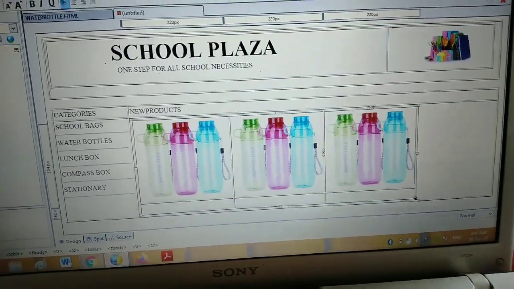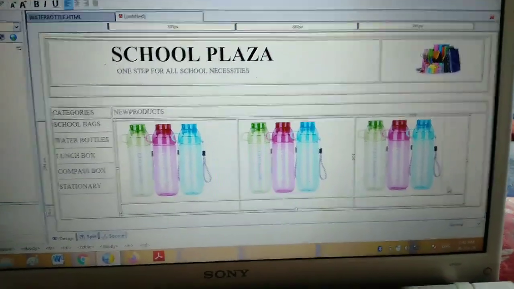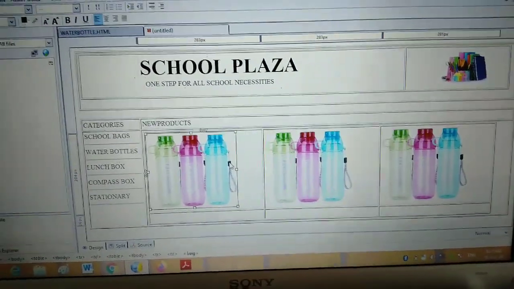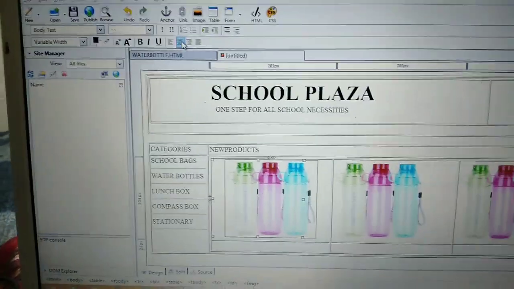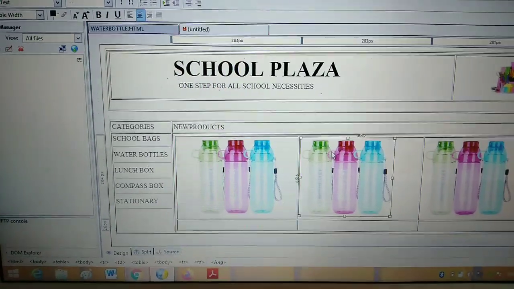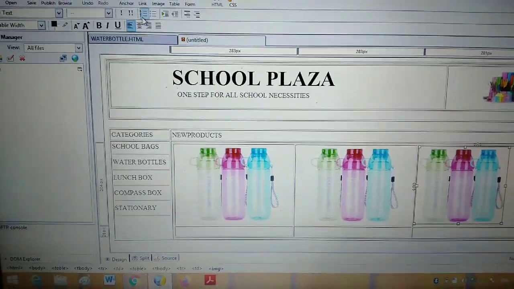Can you see it? Now you have to increase and decrease your cells according to yourself, and mind well, put your image in center alignment. In which alignment? Center alignment. Select center alignment.